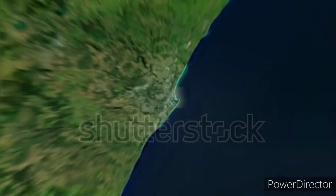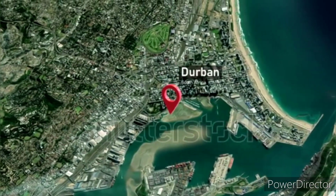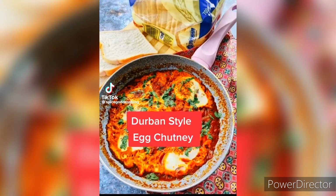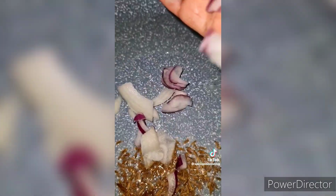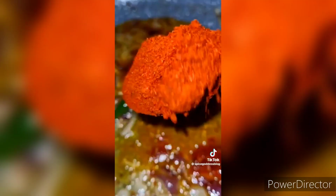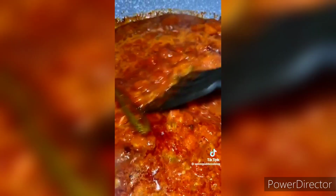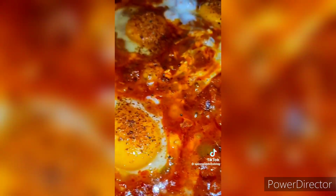Heading down to the southern tip of the continent, we arrive in South Africa. Here, we have Durban Egg Chutney. This is a vibrant and flavorful condiment that hails from the culturally diverse city of Durban, South Africa. This chutney is a fusion of aromatic Indian spices and local South African ingredients, creating a harmonious balance of sweet,